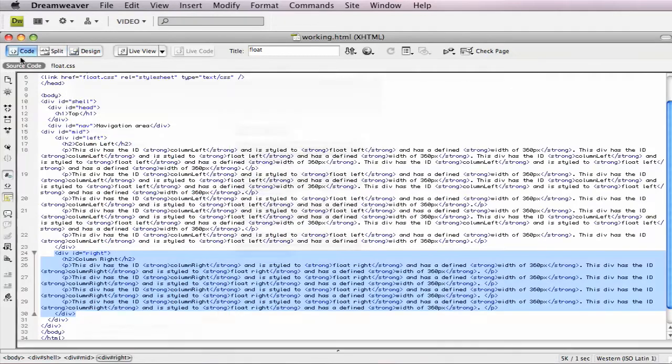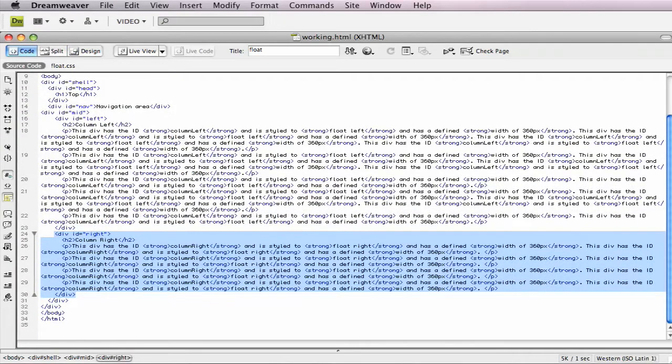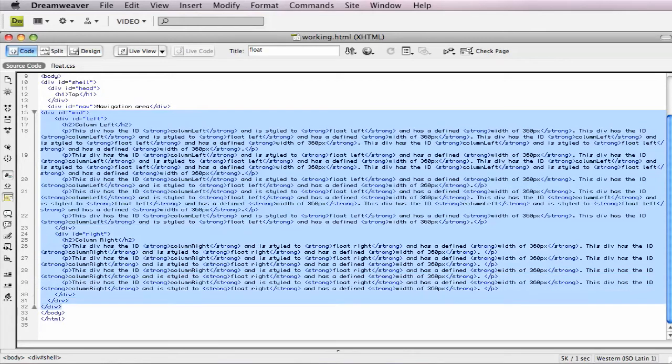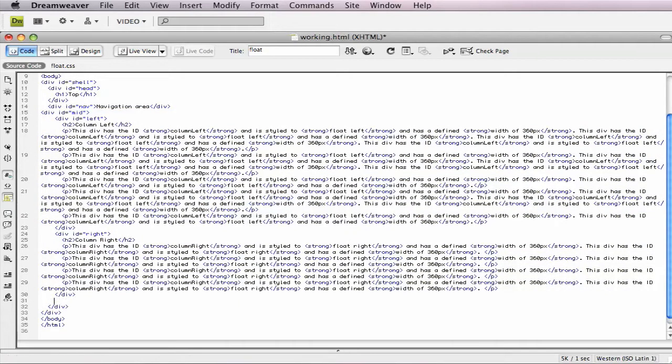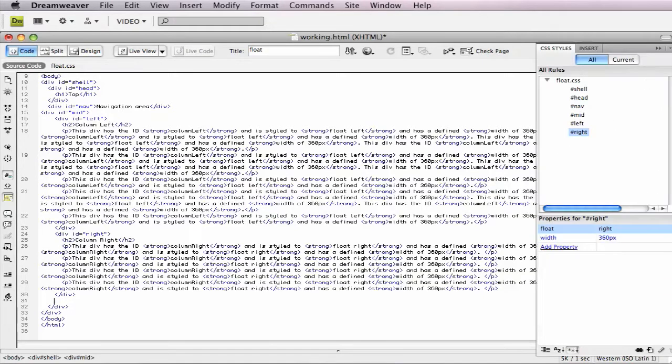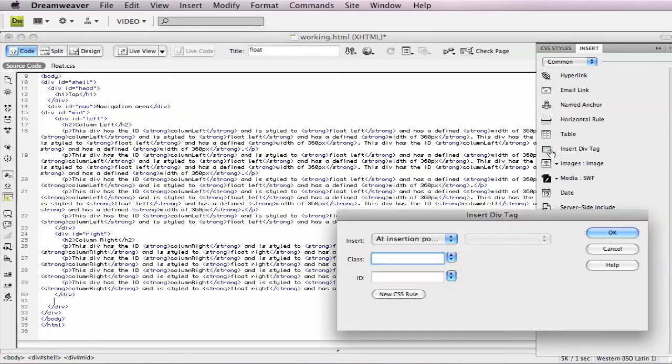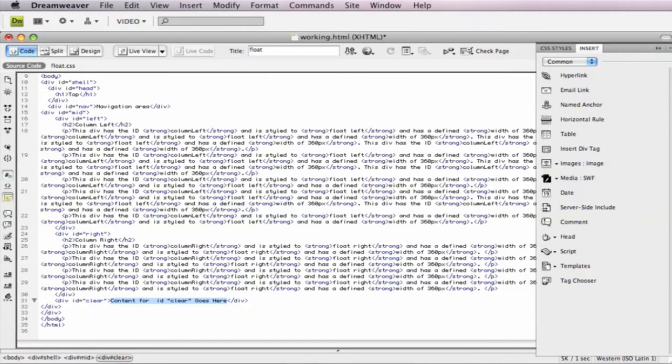So let's add some more code here. Here we've got our mid. That's the area we're dealing with. And we've got two div tags, left and right. Right underneath the right, which should be inside mid, so inside this closing div, but right underneath the bottommost one, we want to insert a div tag. I'm going to just label this clear, ID clear, name it whatever you want. It's got some text in there which we can delete. This might be a footer, so you just say footer,